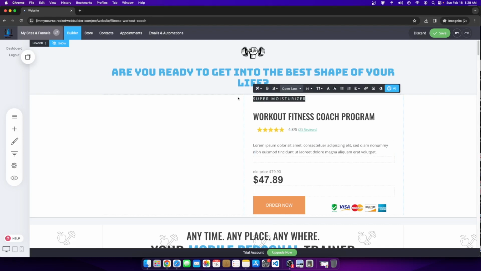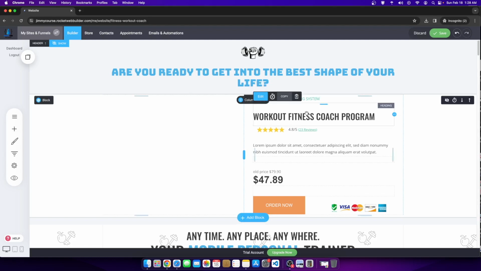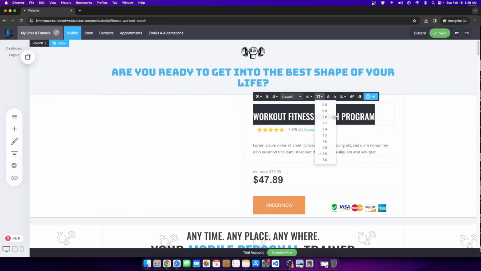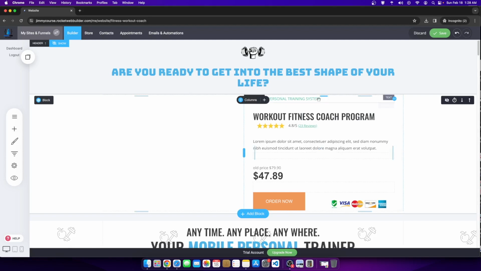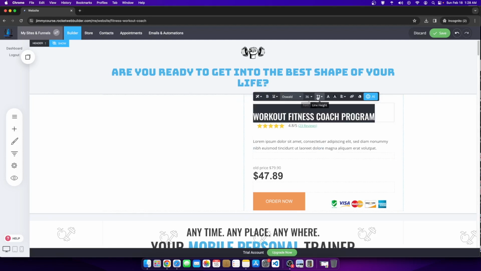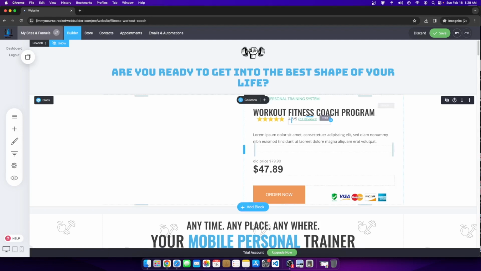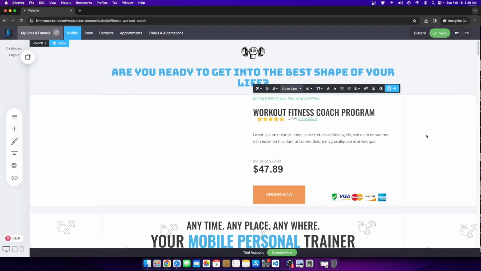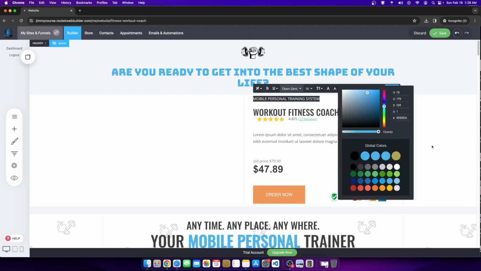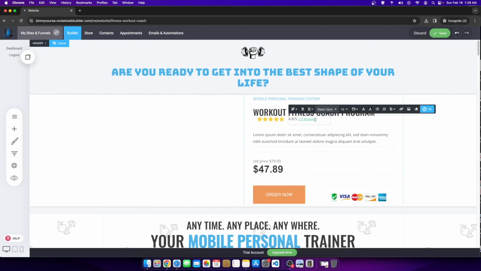Now, what we're gonna do is type in mobile personal training system. Okay, we'll take this, we'll edit the line height on this. So you could see how the line height is pretty drastic because there's a huge gap there. Just decrease that. I could even decrease that some more. Let's see what happens. Yeah, that's ideal. Okay, so now I'm going to highlight this, turn it into that blue color that we've liked. Same thing with this, turn it into the blue color that we liked earlier,